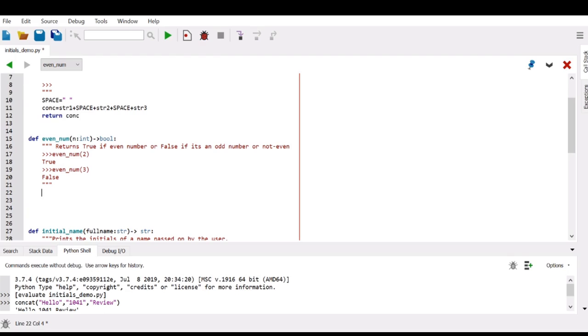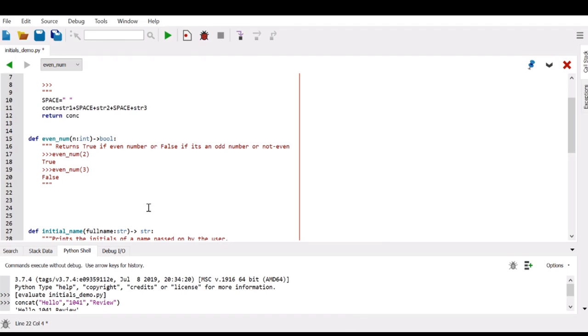So what do we essentially mean by fully divisible by 2? Can anyone answer that in the chat? If something's fully divisible by 2, how can we check that? Perfect. Yeah. So we use modulus. What does modulus give us? Modulus gives us the remainder of whatever we had.